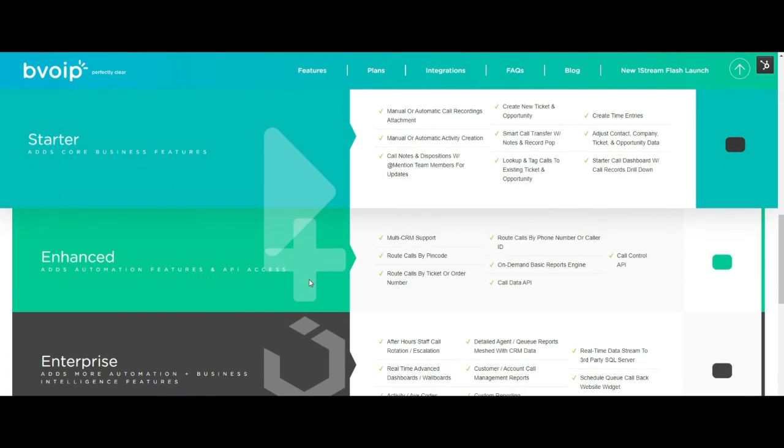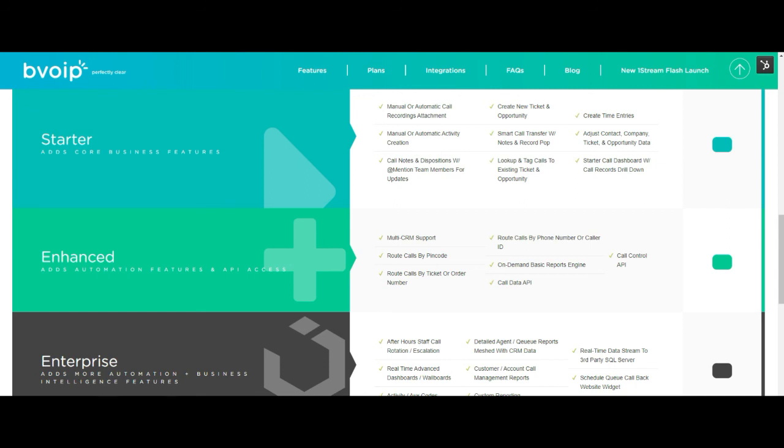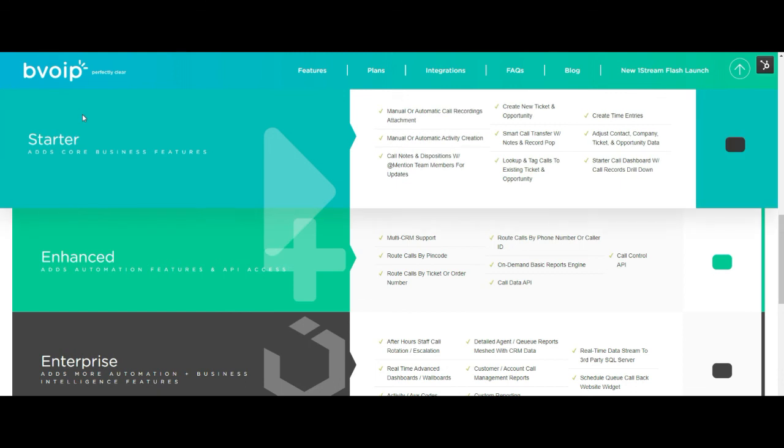Different tiers, different functionality. Again, this is added on to monthly at this point. It's a constantly evolving solution, totally built in-house here at bvoip. So you can see here where this is super helpful. And again, I think that I could go much deeper into these things.